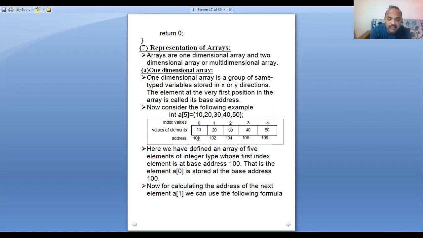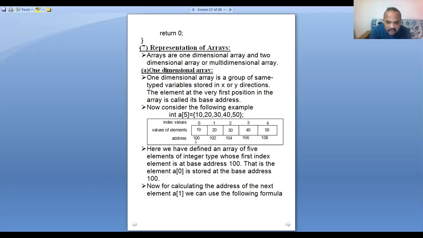What is the difference? Simply, if it is an integer variable, each memory block occupies 2 bytes of memory. The first memory block occupies 2 bytes, 100 and 101. Clear? How many bytes? 2 bytes.